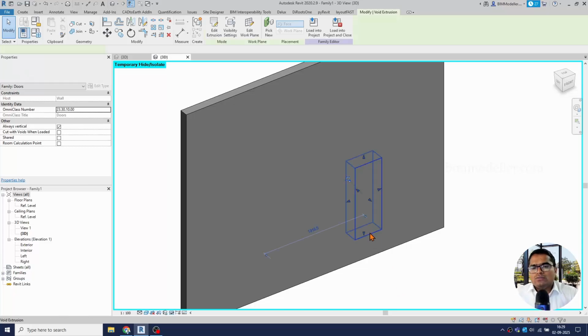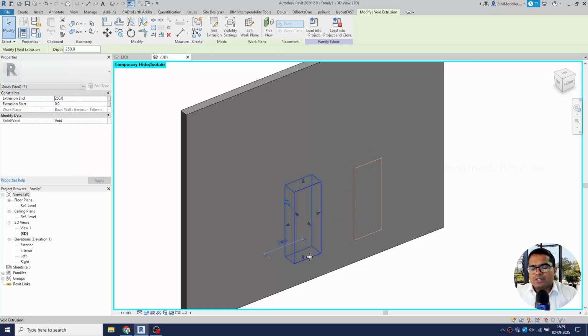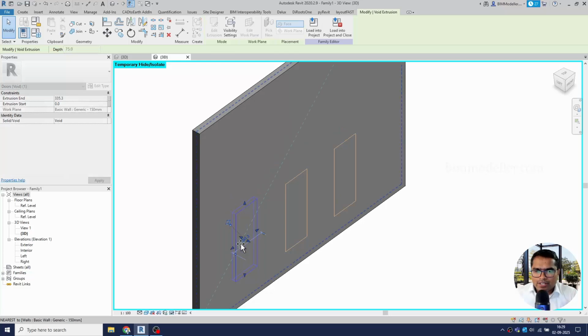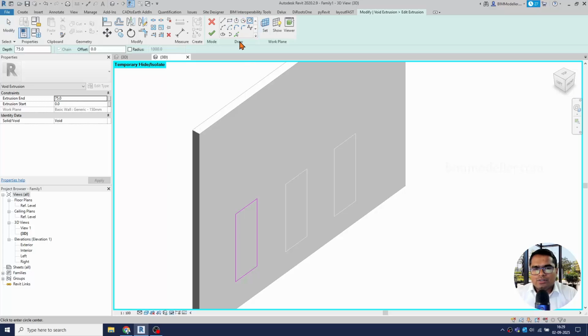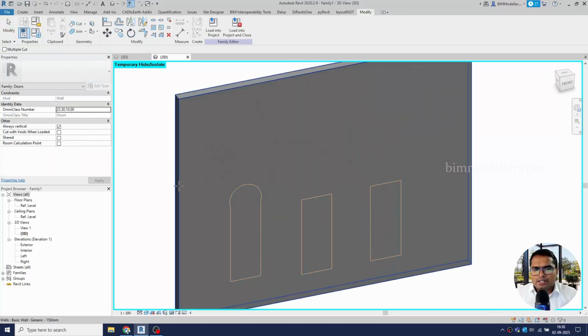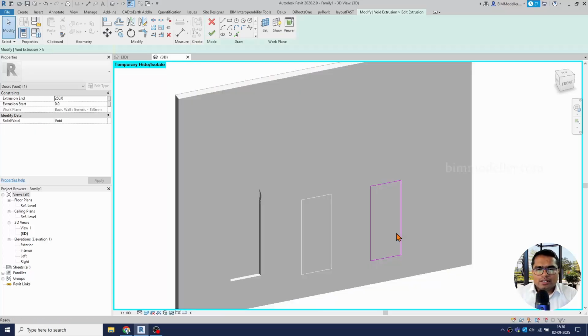So we can have as many void cuts as needed, which means for the door you can have your opening void like this. For the others, we can select and go ahead and cut the shapes that you needed. Like in this case, I can go ahead and draw the shapes that I needed, something like this. And I can cut the wall like this,